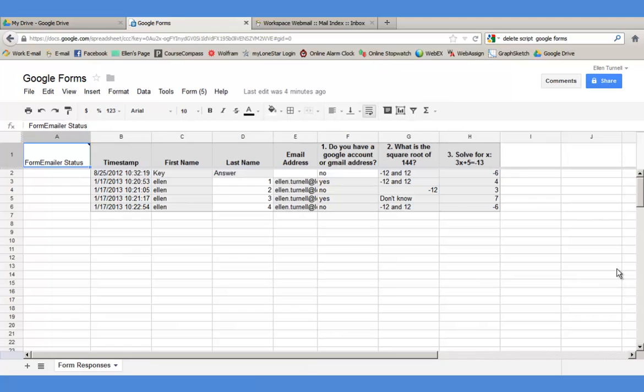In this video, we're going to look at how to install a script called Form Emailer, which allows us to take the data that has been entered in your form and create individual emails to all the people that participated. But before I start, I also know I'm going to install another script called Flubaroo to grade my quizzes, so